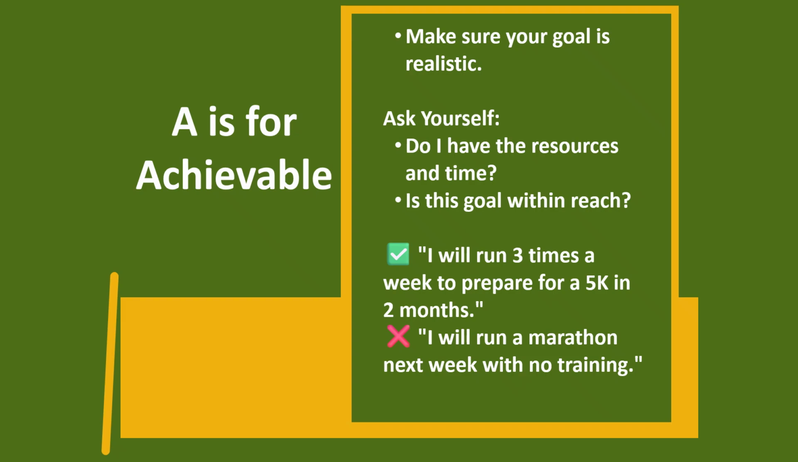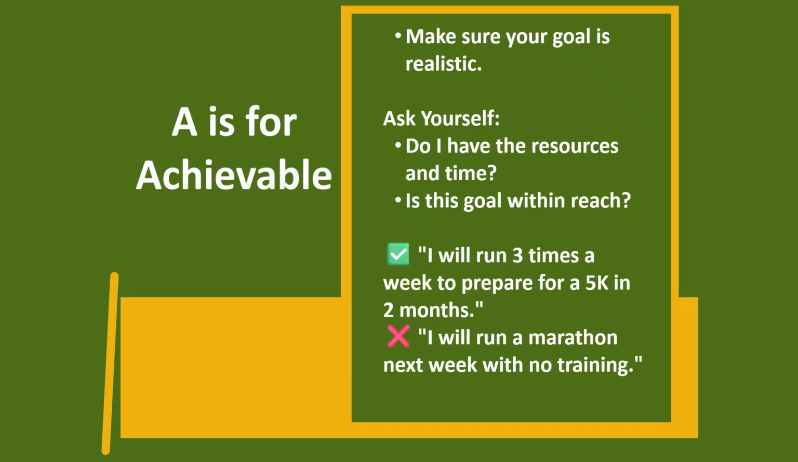For example, deciding to run 3 times a week to prepare for a 5K in 2 months is a sound goal. It's specific, manageable, and allows time for progress. On the other hand, saying, "I want to run a marathon next week without any training" is not realistic. Remember, achievable goals set you up for success and build confidence. It's all about balancing ambition with realism. So let's move on to the next aspect, which is ensuring your goals are relevant to your overall plans and